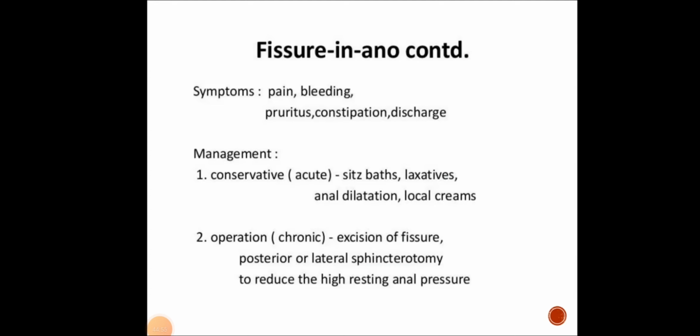And treatment: conservative treatment can be done if it is an acute ulcer with a short history, like oral pain medication, stool softener, then glyceryl trinitrate. Nitric oxide can induce relaxation of the internal sphincter, and glyceryl trinitrate is a nitric oxide donor. So if it is applied as an ointment to the anal canal, that will help in relaxation of the internal sphincter. Similarly, other soothing ointments, self dilatation, then injection of long acting anesthetic solutions,